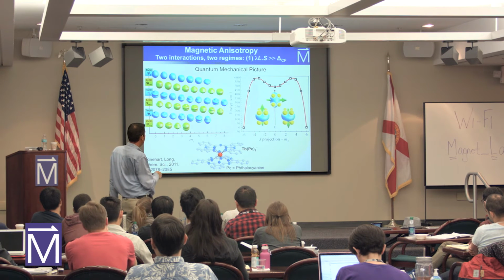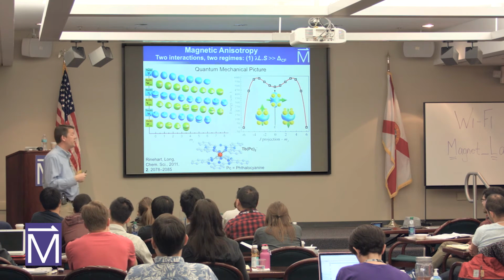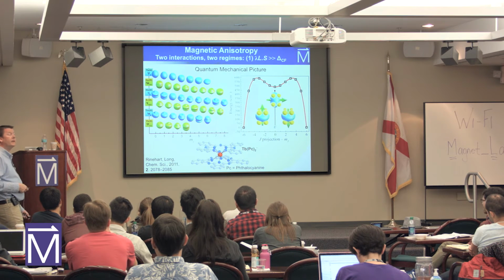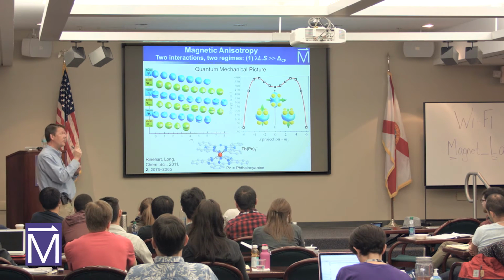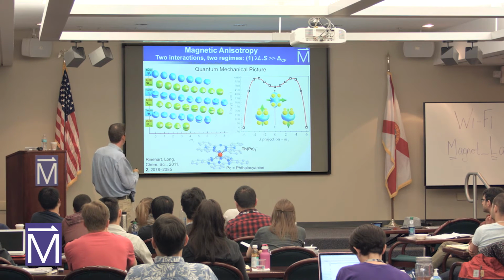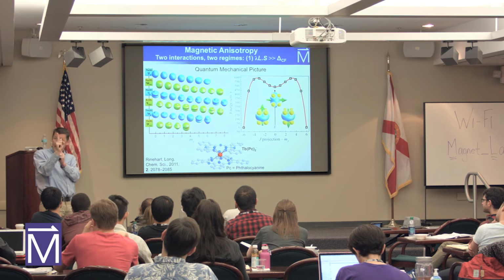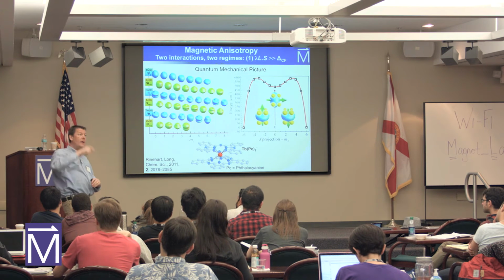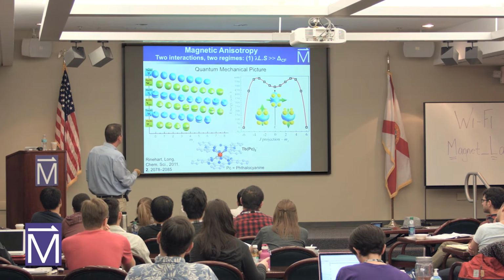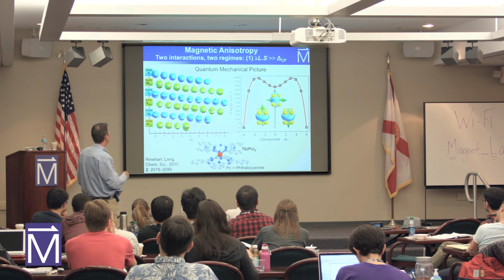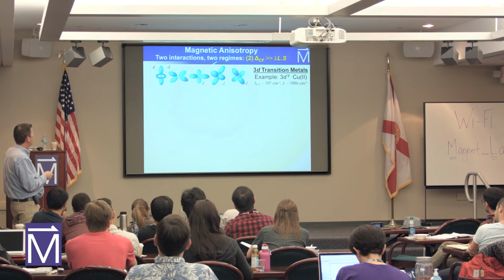And now, in principle, in an EPR experiment, we could try to measure these transitions between these different M sub S states. So that's the lanthanides, where L is strongly coupled to S. The energy scale that locks L onto S is thousands of wave numbers, and it's the crystal field that's of order a few hundred wave numbers. But when you go to transition metals,